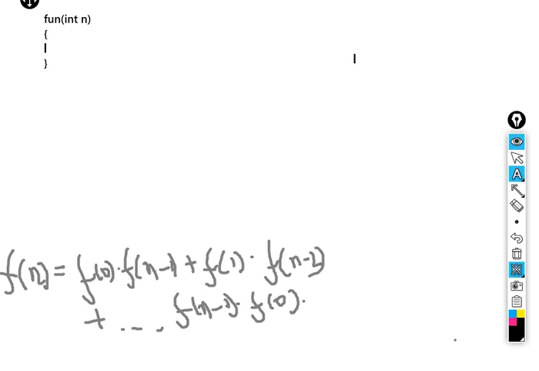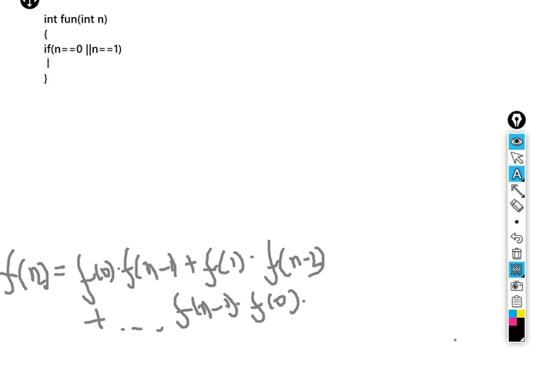So if n is equal to 0 or n is equal to 1, this function will be returning something, so it would be int fun.